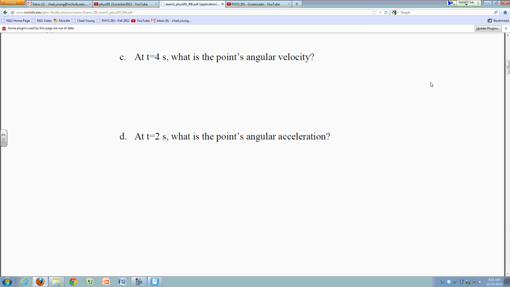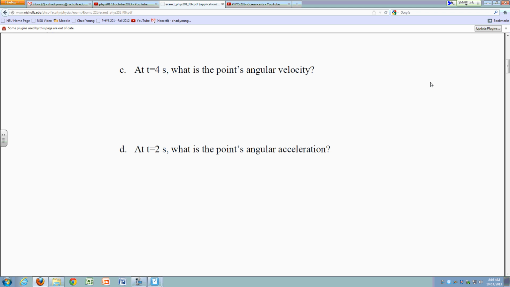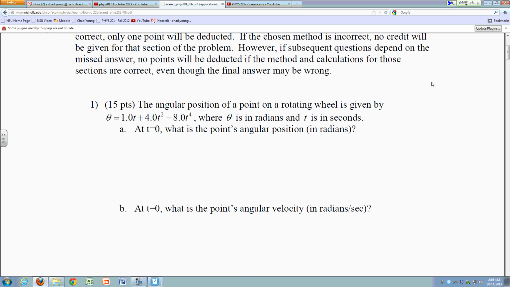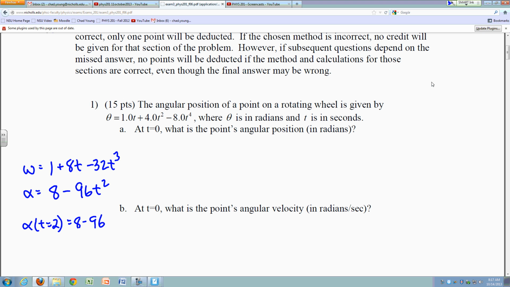Okay. Well, at t equals 2 seconds, what is the point's angular acceleration? What is the function for the angular acceleration? Oh, 8 minus 96 t squared, I think. Okay, well, let's see. So omega was 1 plus 8t minus 32t cubed. Yep. And so alpha is going to be 8 minus 3 times 32, which is 96 t squared. And so if I want to know alpha at t equals 2, it's just 8 minus 96 times 4,